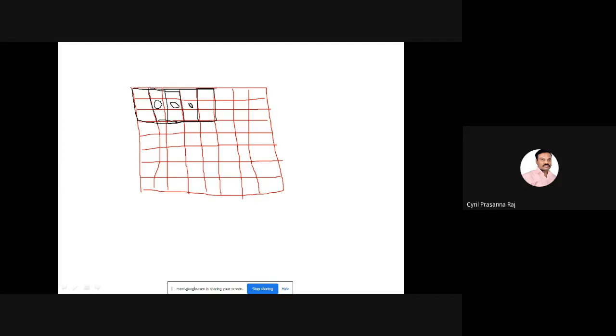You move across every column so that all pixels are identified. That is how your X mask works. When you go to the second row, you again skip the first one, start from here, and keep going. That is how your X mask works.